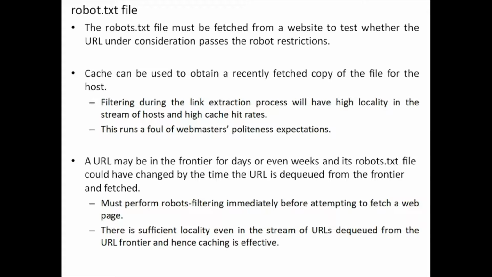Another thing that we have to consider is that a URL may be in the frontier for days or even weeks. For example, if the URL is referring to a low quality or a rarely changing document, it will remain in the URL frontier for days or even weeks. So if we were to perform the robot filtering before adding such a URL to the frontier, its robots.txt file could have changed by the time the URL is dequeued from the frontier and fetched. So in order to overcome that,